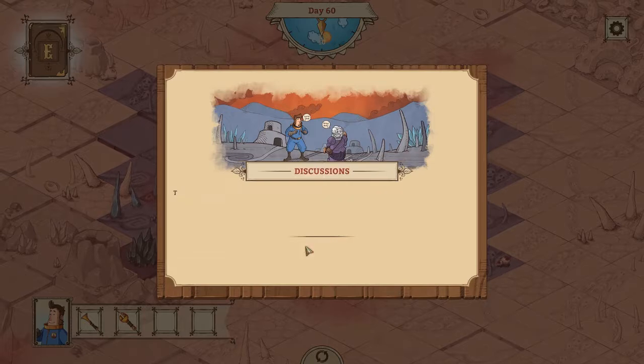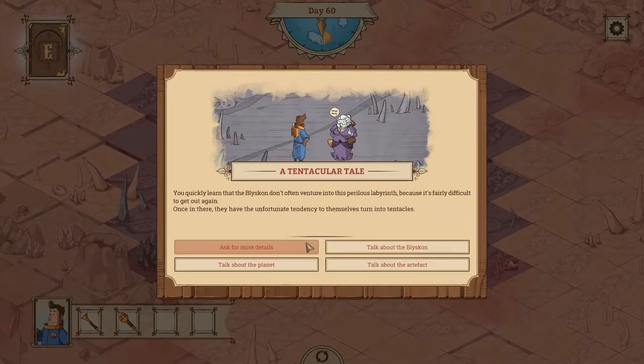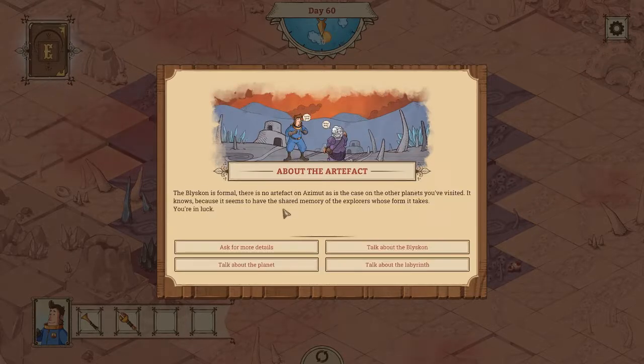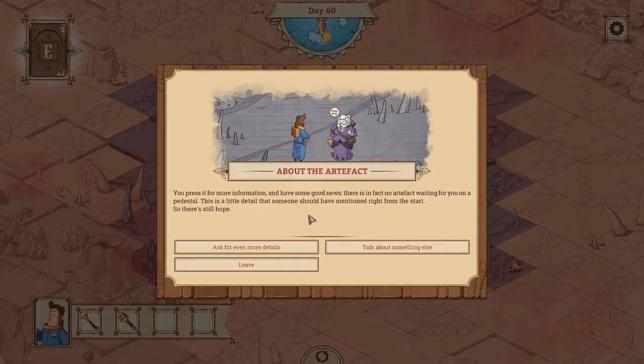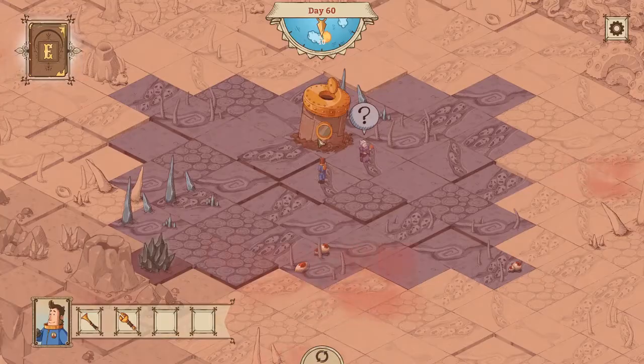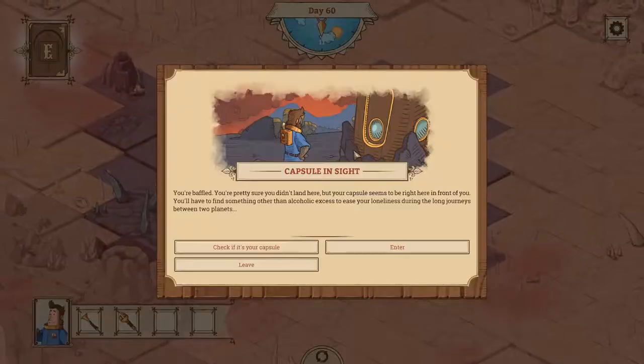Okay. Discuss. Talk about the labyrinth. They don't mention the labyrinth. Okay, talk about the artifact. Ask for more details. Okay. What does this say? The artifact is hidden in one of the discarded capsules in the center of the labyrinth, but which one? But...